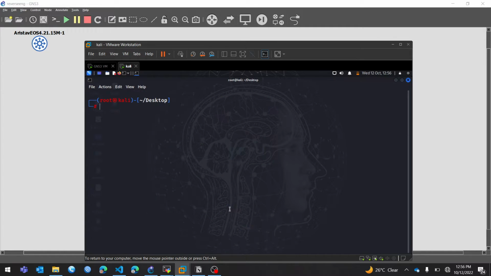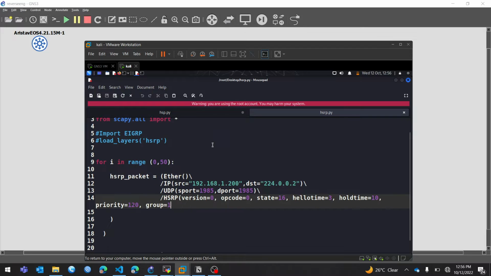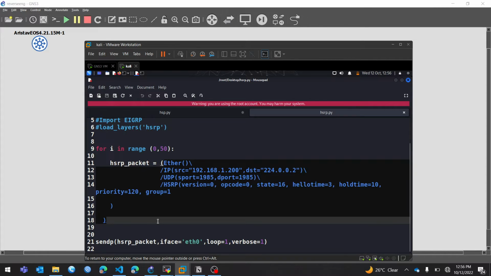So it's now time to analyze our Python script. So this is the script that I designed basically for HSRP. So this is a loop which is going to loop the packets all the way around. And this is the HSRP packet. Actually, it's a variable containing all these layers which can be defined in an HSRP packet,